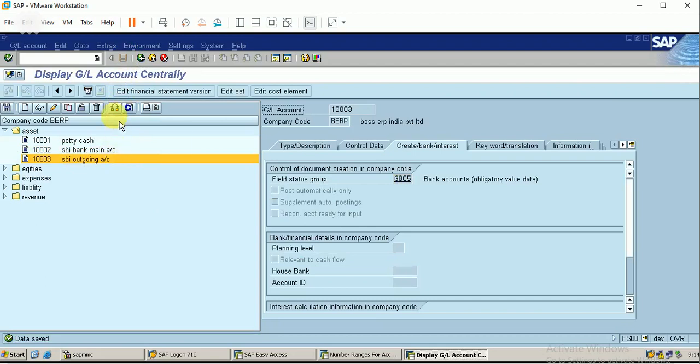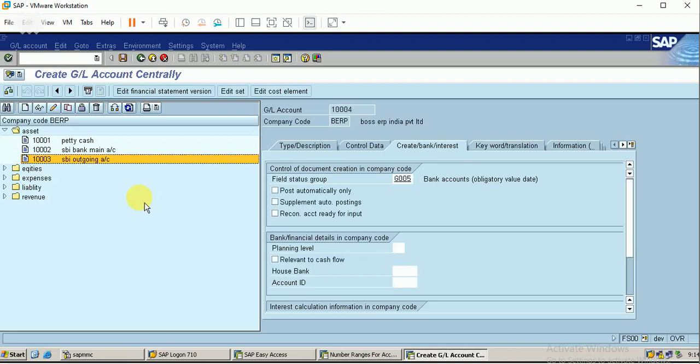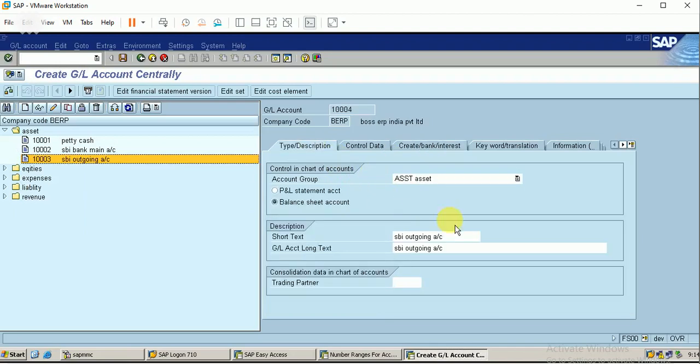Similarly, I will copy this account, renaming it as the incoming account.